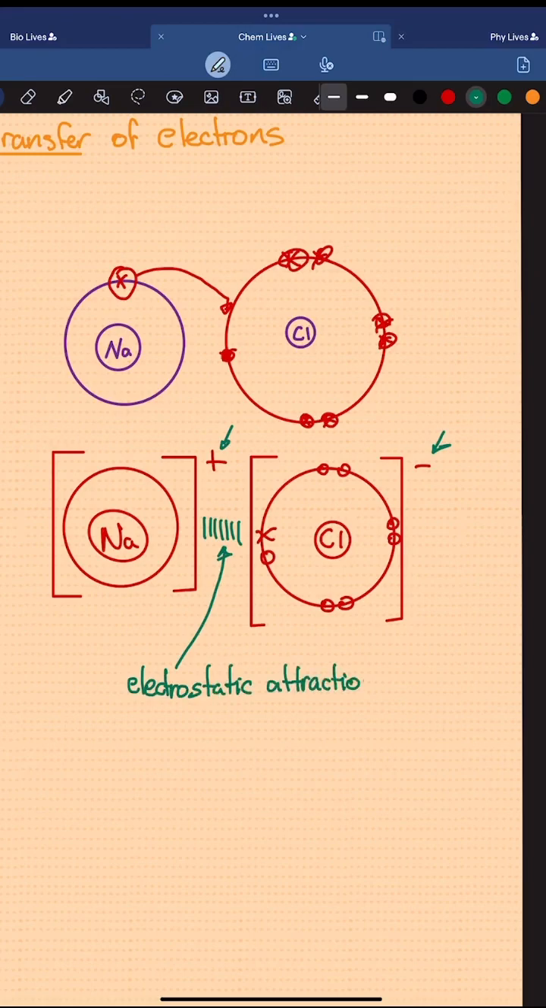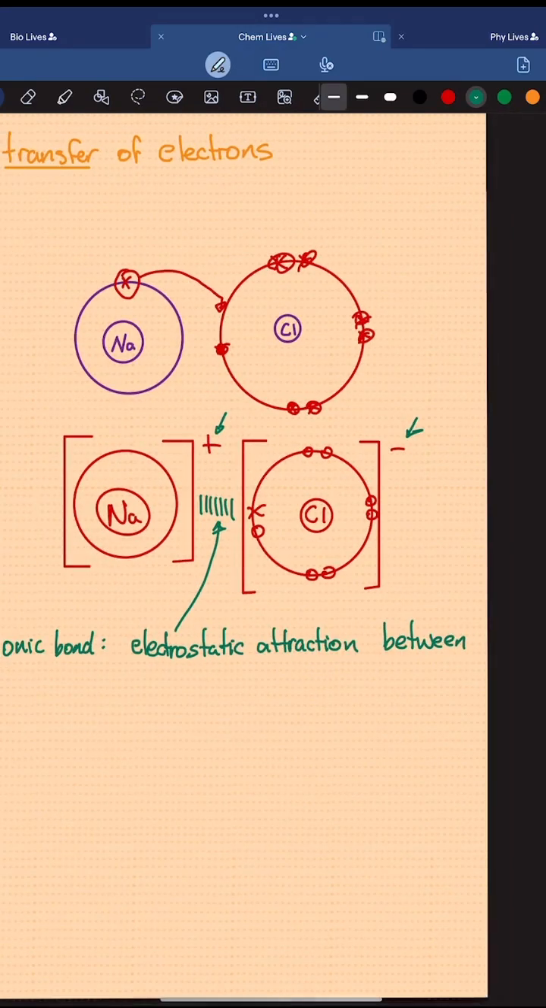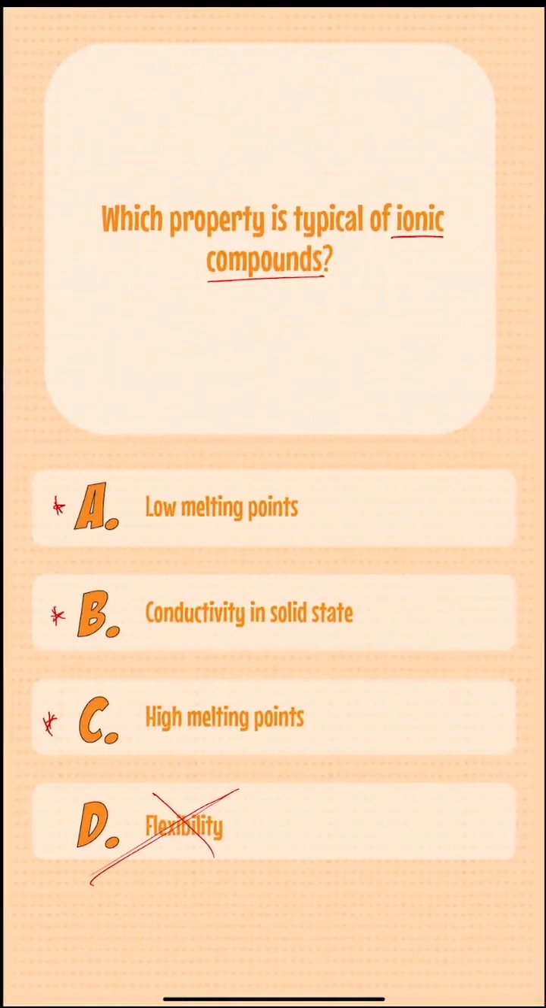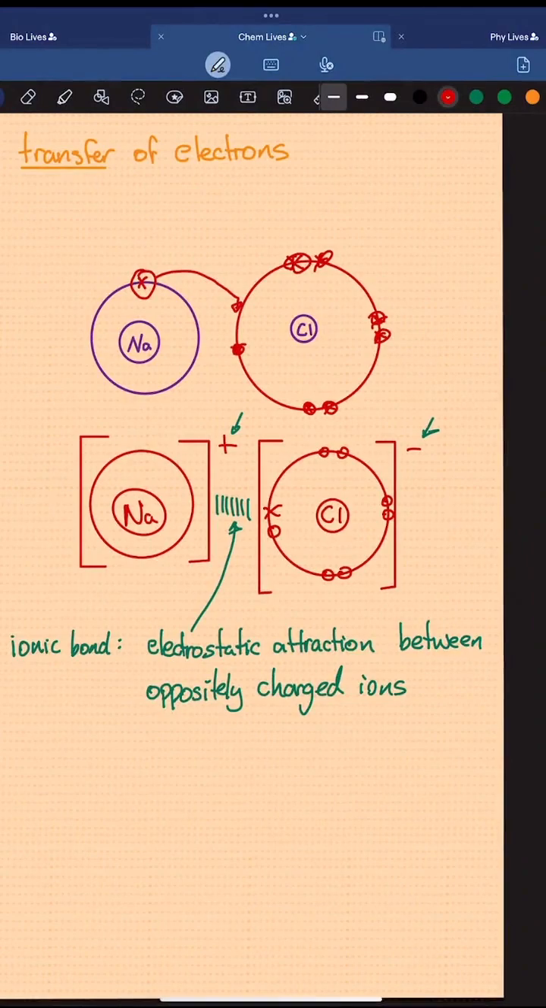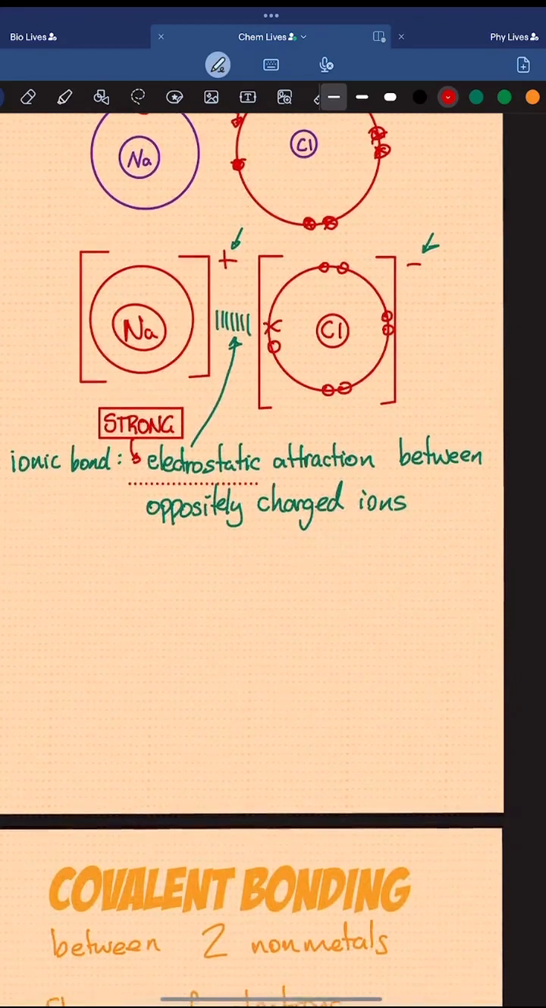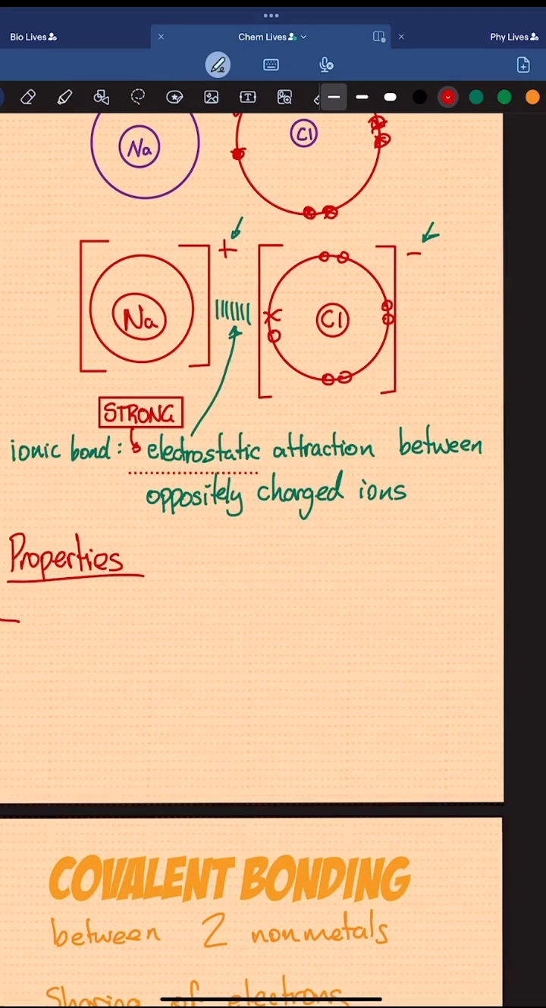And the definition of an ionic bond is electrostatic attraction between, so what are these? These are ions, but they're oppositely charged. Electrostatic attraction between oppositely charged ions. Now, what did our question ask? Which property? So what does this mean? This electrostatic attraction, okay? This is very strong. That's important. So why do you think that's important? If the electrostatic attraction is strong, what properties would that give it? It will give it a